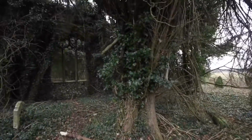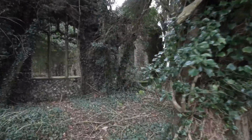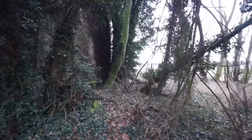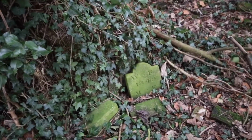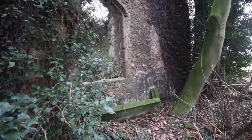We've had some bad weather lately as well, and there's lots of fallen trees, especially inside the actual church itself. Got all graves put down here as well. Anyway,